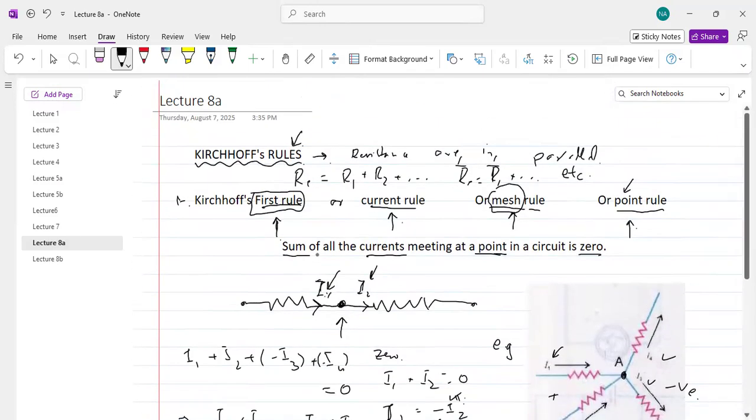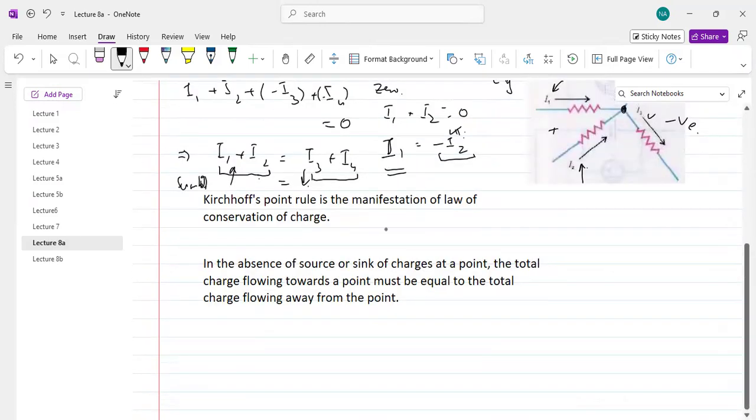In both of these statements, we can say that the sum of all the currents meeting at a point is equal to 0. Kirchhoff rule is actually the law of conservation of charge. So here the statement is that the Kirchhoff point rule is the manifestation